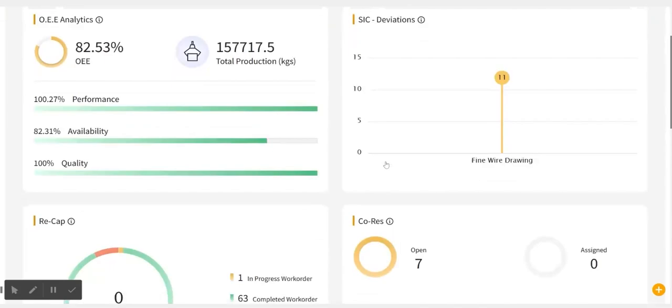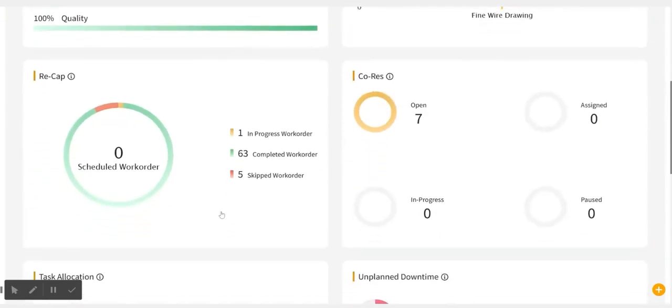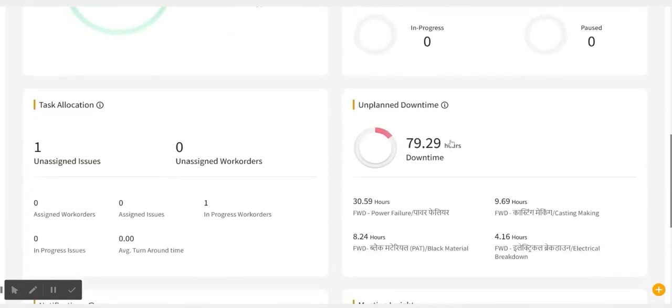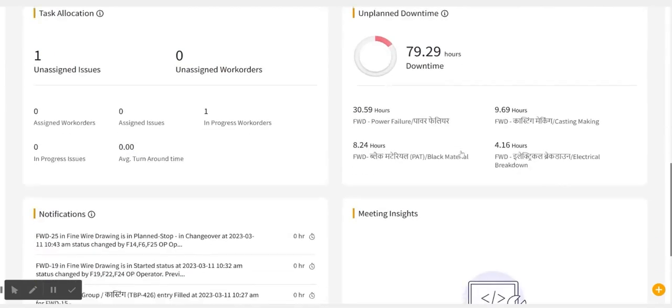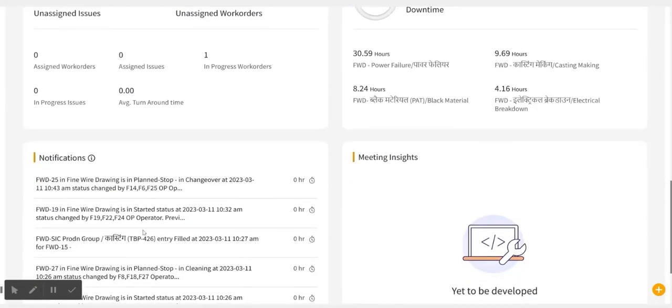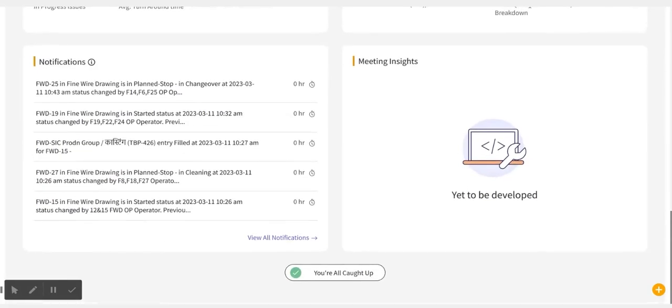For example, the user is looking for insights related to fine wire drawing. Under the KRA section, he can find detailed analytics on OEE, deviations, downtime, meeting insights and other notifications related to the production. In short, this module is a one-stop to ensure that data from all other modules are in place